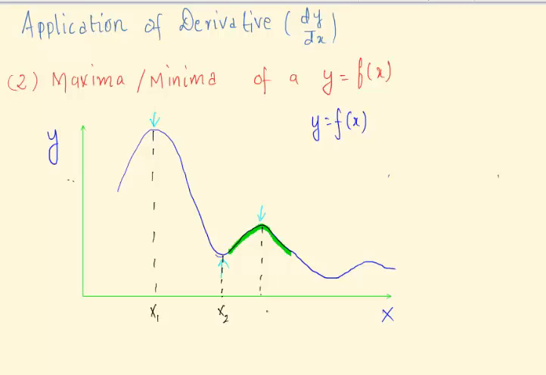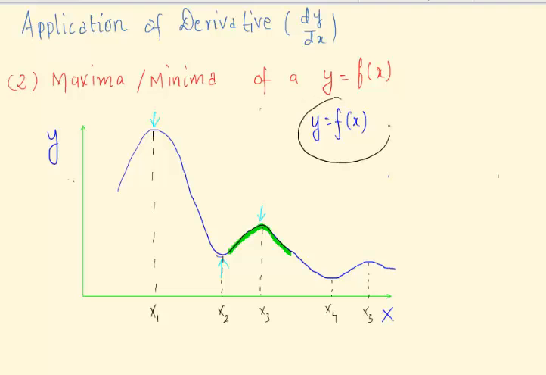And we can mark all maximas and minimas here. We have a minima here, x4. We have a maxima here, x5. So, if this is a general curve, then we can see there are many maxima and minima in this curve, namely x1, x2, x3, x4, x5, simply because y attains a relatively higher or lower value in the region. Our target today is,